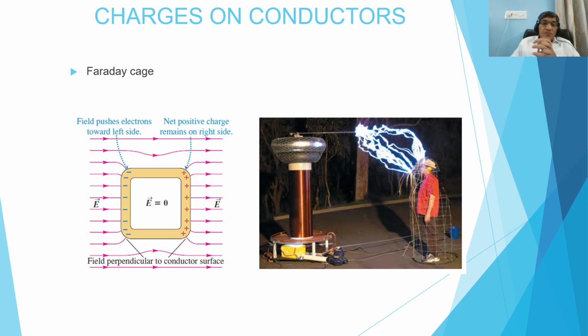So this is some important points regarding the Faraday cage. What is the Faraday cage? As we all know, the conductor has the property of zero electric field, and it has a large number of negative and positive charges. And if we apply an electric field from the outside, then an internal electric field develops which opposes the external electric field direction. As you see, the external electric field moves towards the right. So in the conductor, the charge adjusts itself opposite to the effect of the outside electric field. What does it mean?